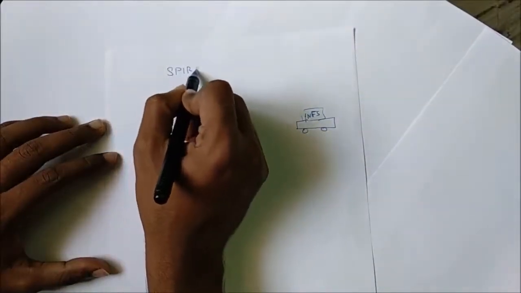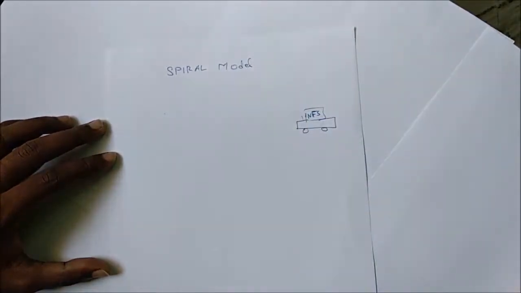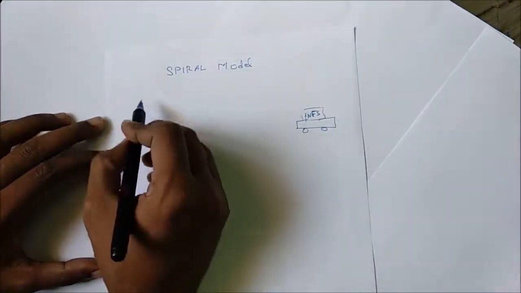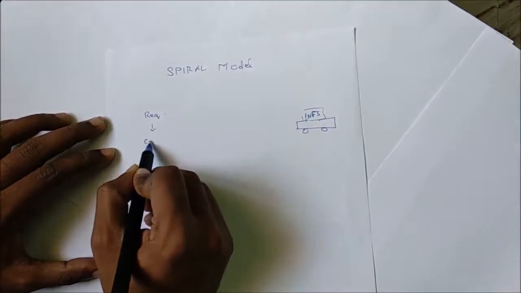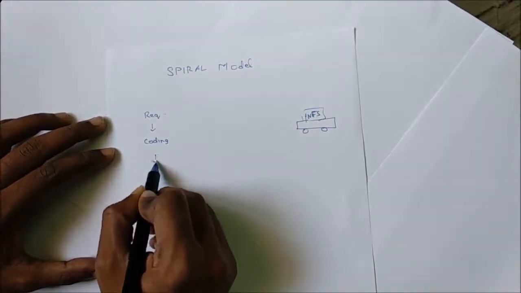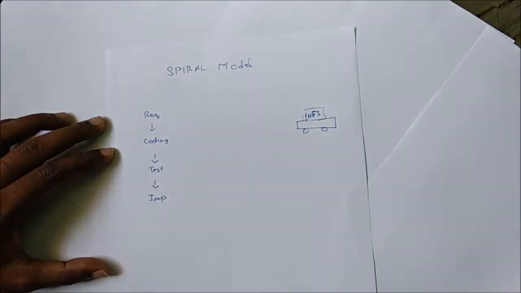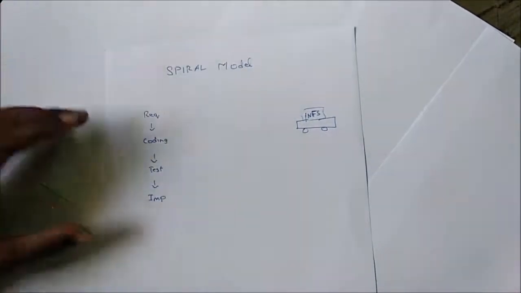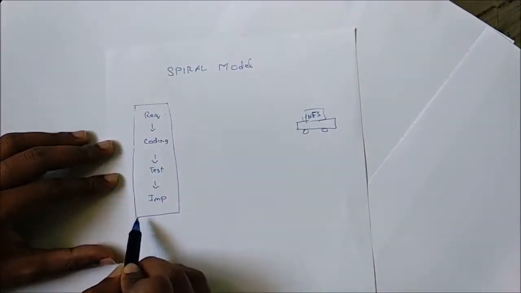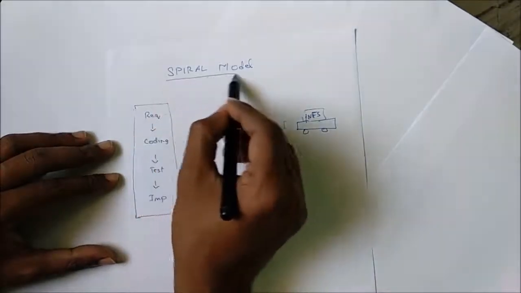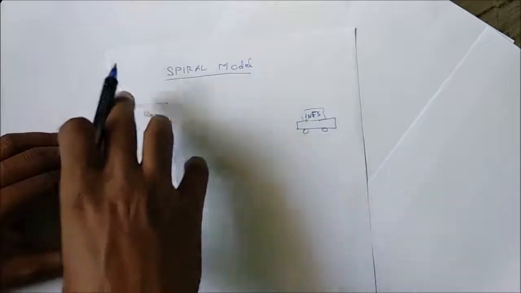Normal software development process goes like this: requirement gathering, and then coding, and then testing, then implementation will be happening. This is how a normal software development process will go, and this is called a waterfall model, which you have seen previously. And in this spiral model, what happens is, after this waterfall model or software development process,